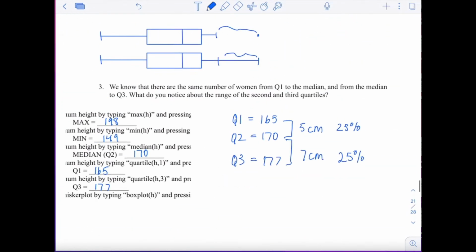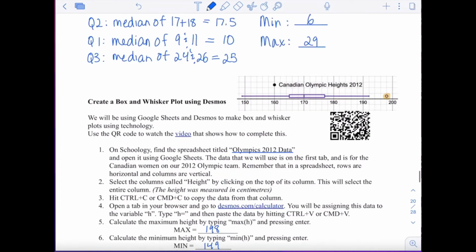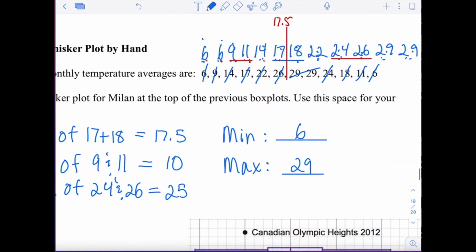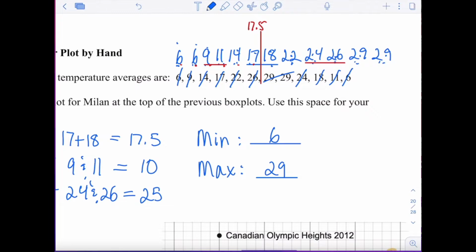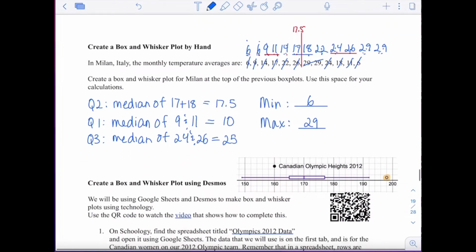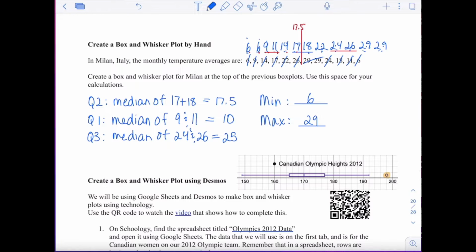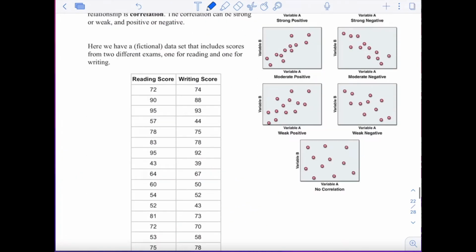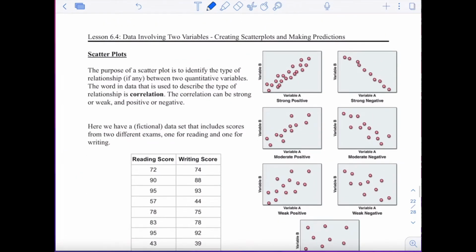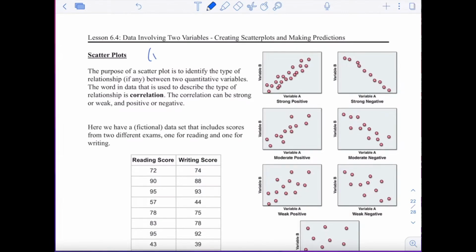So if we just scroll back here, maybe to our list of data right here, temperature is considered a single variable because we've only listed a bunch of temperatures. So it doesn't associate with a second variable, like maybe this could have been associated with a day of the week or a year or something like this. Whereas, as you can see in lesson 6.4, we have two variables that can be associated as an ordered pair